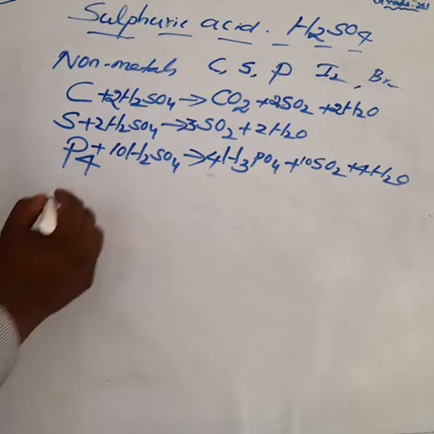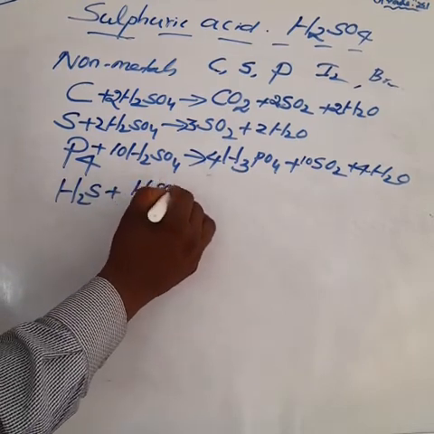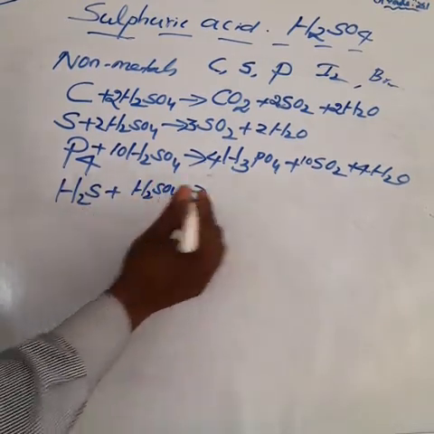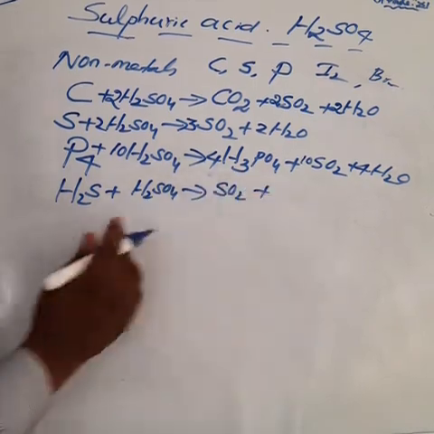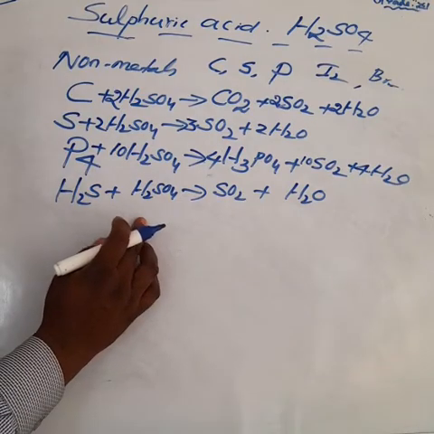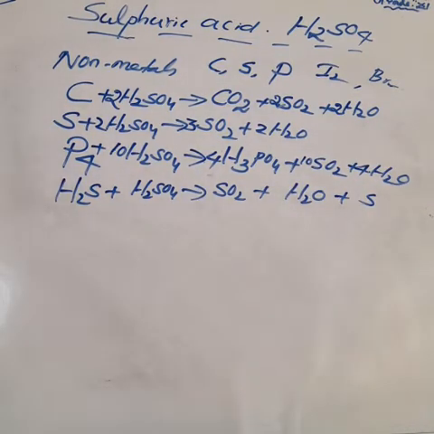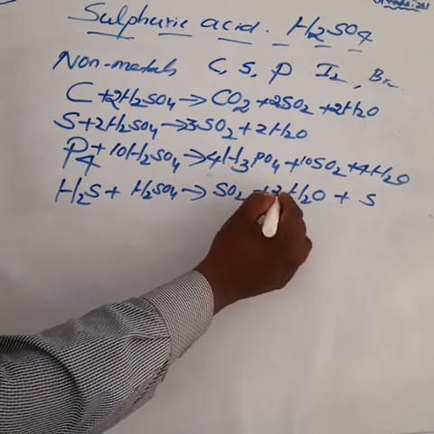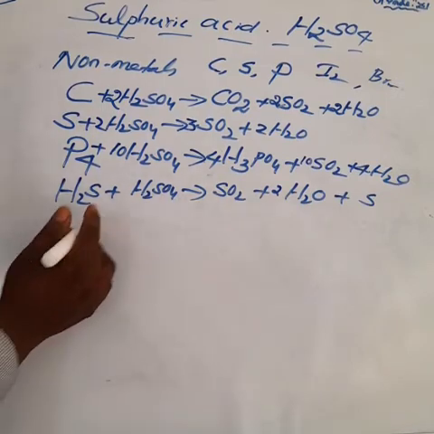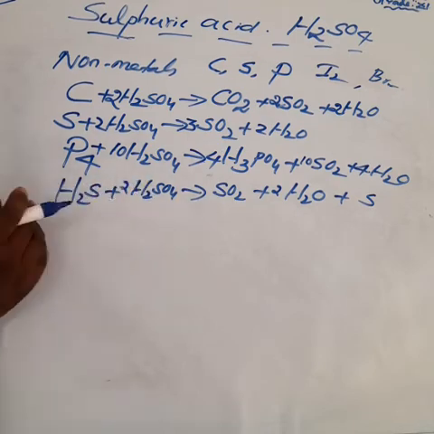Now, hydrogen sulfide reacts with sulfuric acid, we get sulfur dioxide SO2 plus water molecule H2O, that is hydrogen combines with oxygen, we get water, and also we get nascent sulfur. So how can we balance the equation? The product side 2 hydrogen, reactant side 4 hydrogen, so make it 2 here, the product side. Now the equation is balanced, that is hydrogen sulfide is oxidized to sulfur.